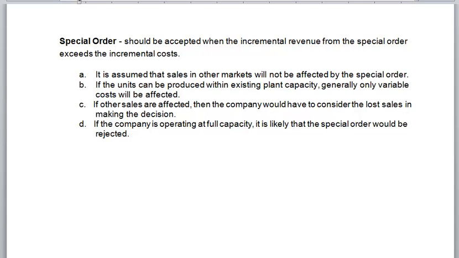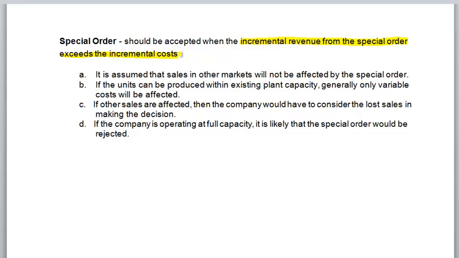This video will walk you through incremental analysis for special orders. A special order should be accepted when the incremental revenue from the special order exceeds their incremental cost. What you must keep in mind is that A, it is assumed that sales in other markets will not be affected